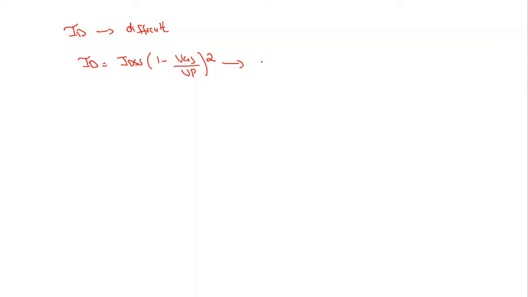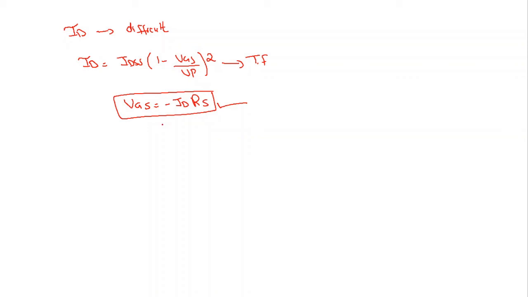So first thing is to plot the transfer characteristic curve, and the second most important equation was that VGS is equal to minus IDRS. Now this is the equation of the straight line. We need to superimpose the equation of this straight line on this transfer characteristic curve, and then we will get a common point, and that common point is going to be our operating point.